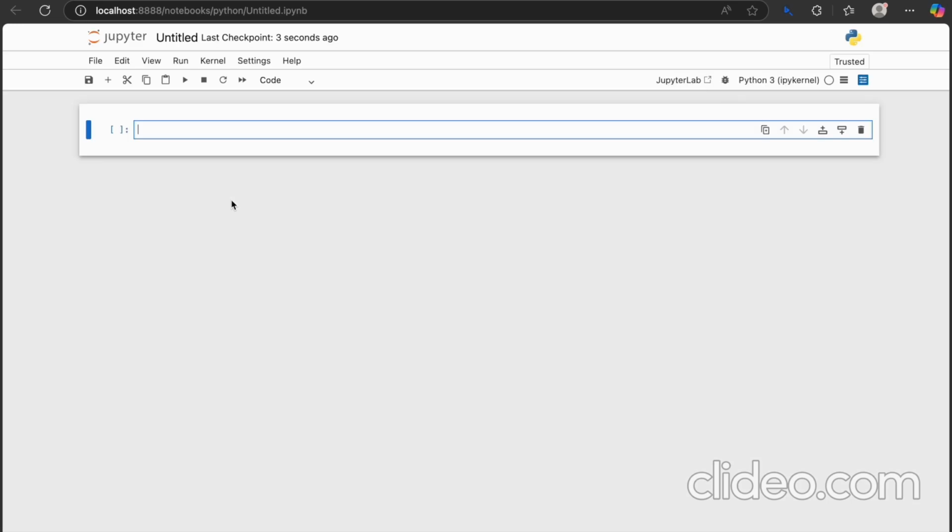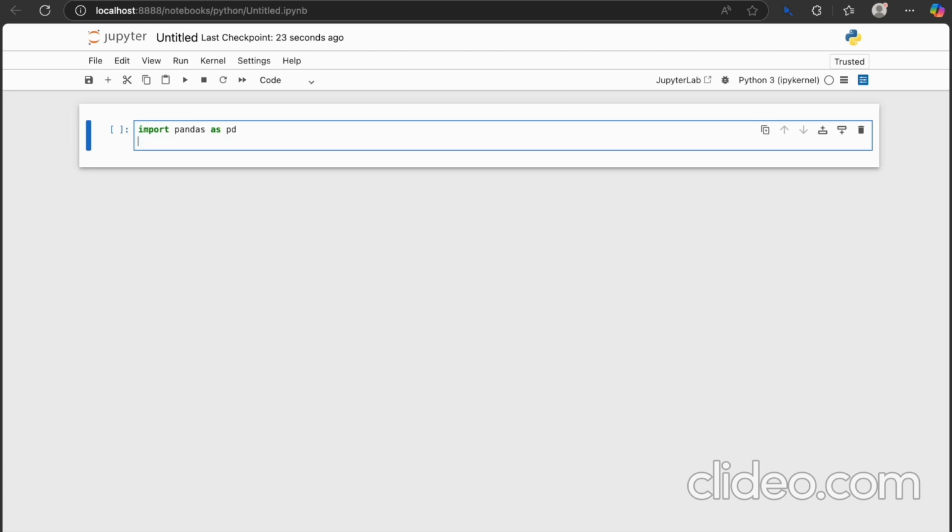Here your command prompt is ready for running commands. Actually it is special for Python. Import pandas as pd, like